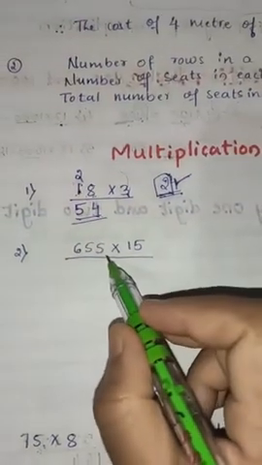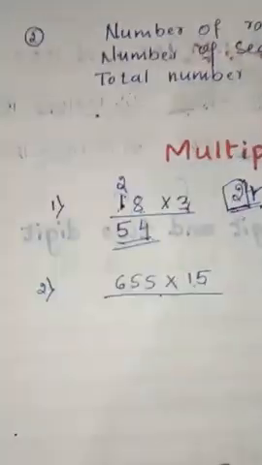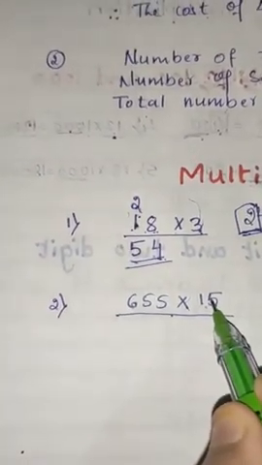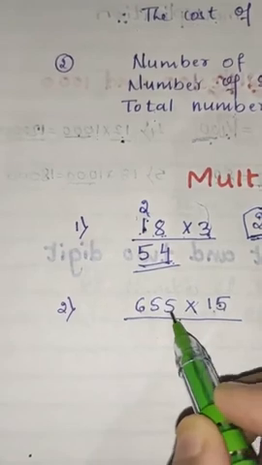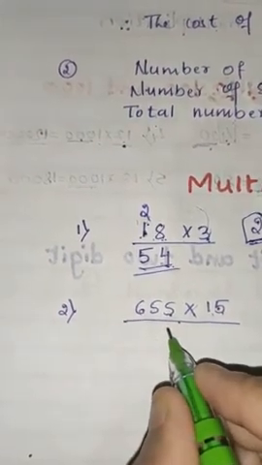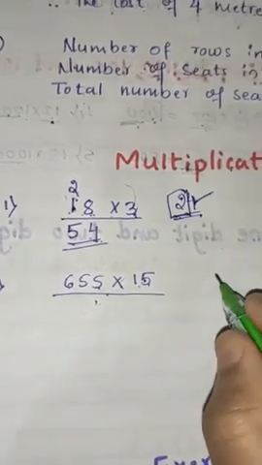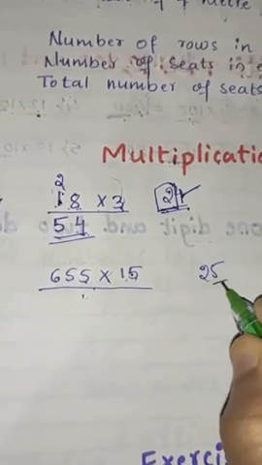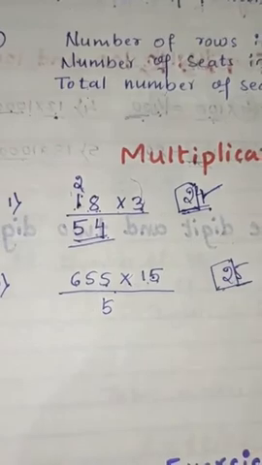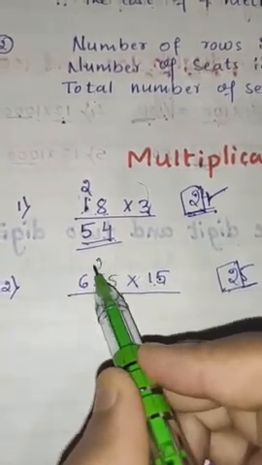So here I have written rupees 655 into 15. Yes, so always we have to start from the unit place, isn't it? So 5 5s are how much? 25. How to write 25? Can I write here 25 whole number? No, I can't, right? So the right number should be here, and this left number will carry over to the next place, that is to the 10th place here, right? So we'll write here 2.